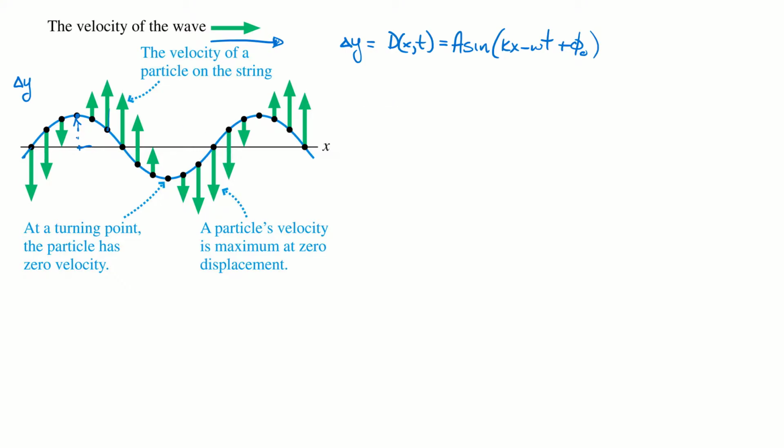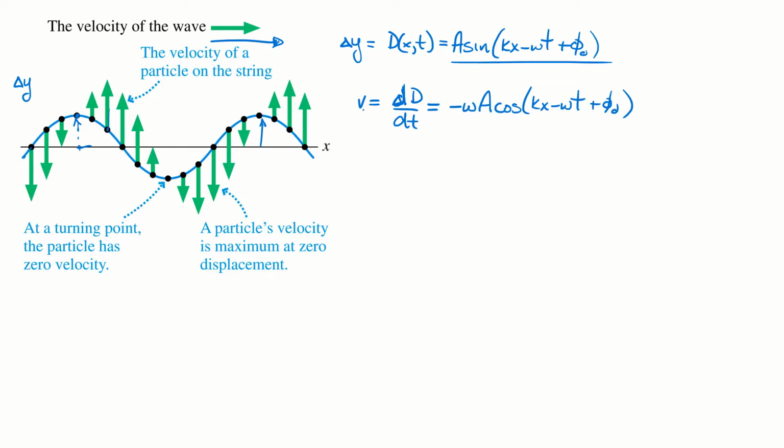If we want to know the speed or the velocity that it's moving, well, we know that displacement is delta y, so we take the derivative of that displacement with respect to time. How fast this distance is changing with respect to time is that speed. So we can just take the derivative of our wave model with respect to time to figure out what this velocity is. And what you'll see is the omega comes out, so we end up with negative omega A. This sine becomes a cosine, and everything else just stays in there, plus phi naught.